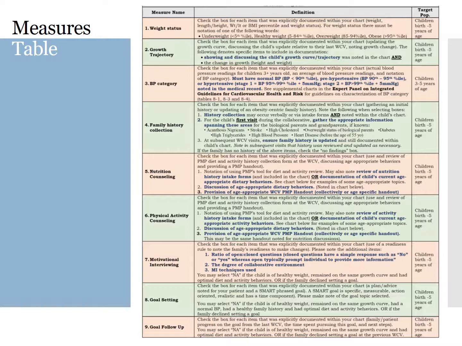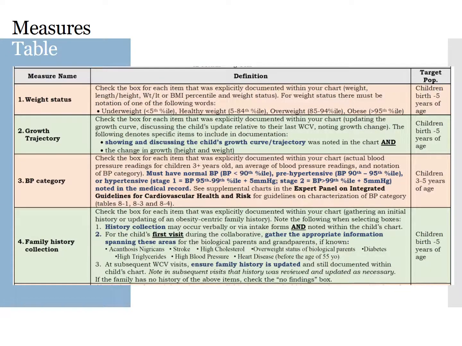While I discussed the measures very quickly, we have a measures table that walks you through what should be included to say that you documented something and to check an appropriate item was explicitly documented within your chart. This is a screenshot of all 9 of our measures. And here I have in more depth looking at, for example, weight status, what would need to be documented to check appropriate boxes. So you can check the box for each item that was explicitly documented within your chart: the child's weight, length or height dependent on age, the weight for length or BMI percentile, again dependent on age,